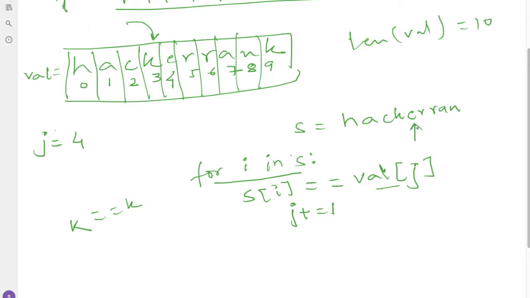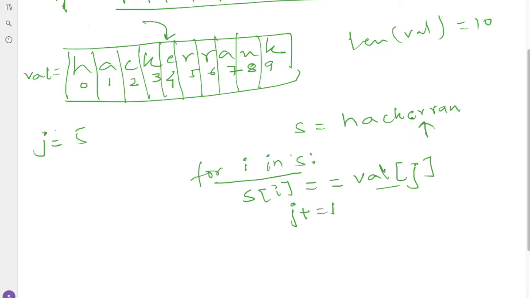Now here we have E, and j is 4, so val at index 4 is again E. Both are equal, so we add 1 to j and the loop moves forward.